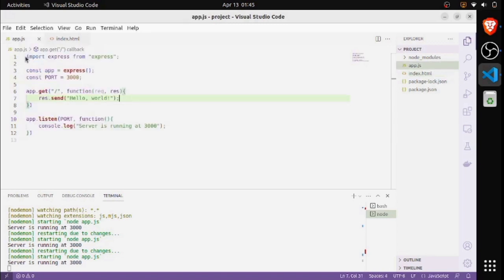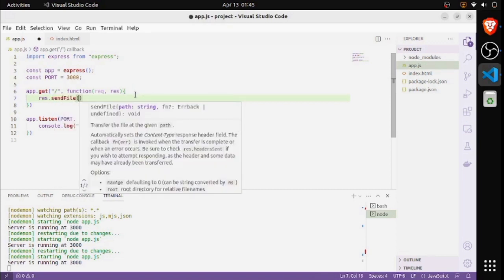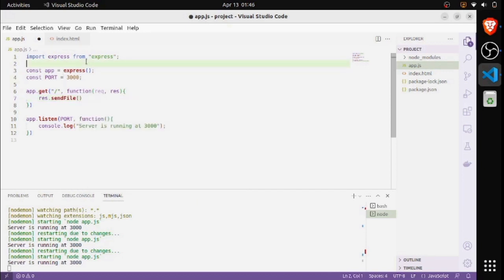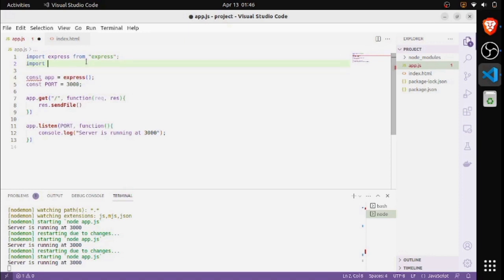Okay, to send hello world like it is a file, we will use the keyword send file. So send file, and we cannot directly send the file because we also have to define the path of the file. For this we have to import path, which is a module that is pre-installed with Node.js. So we can import it from path,